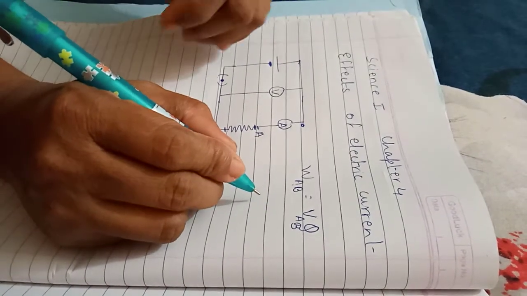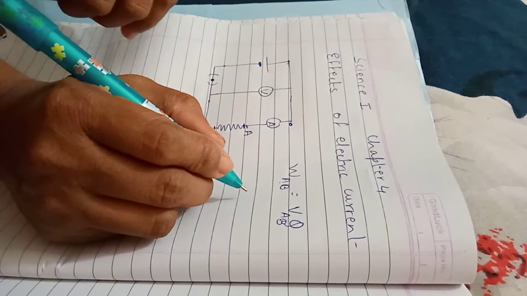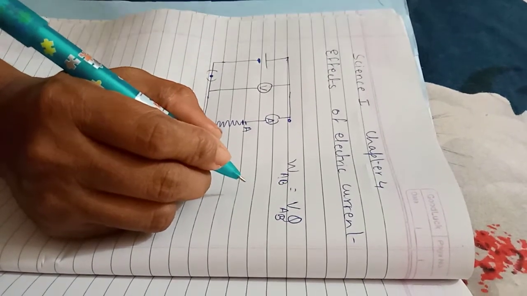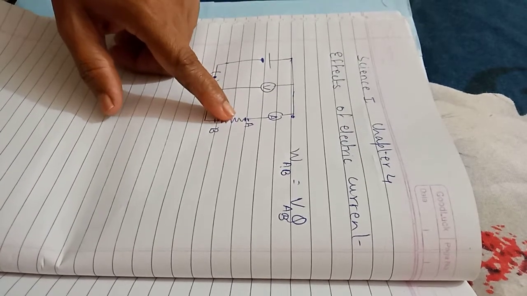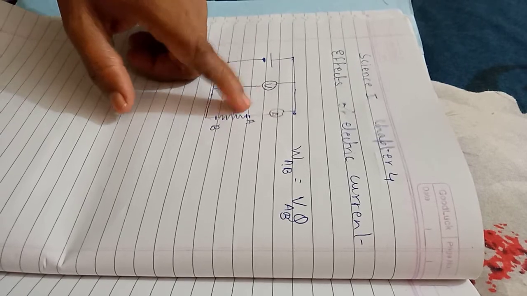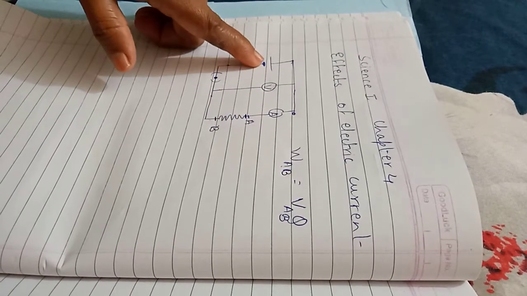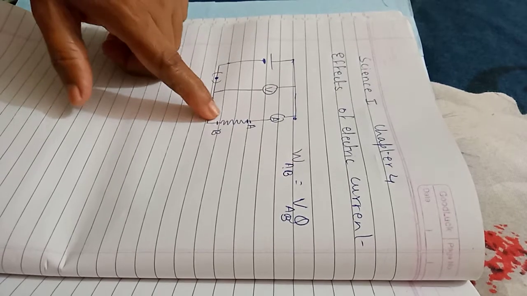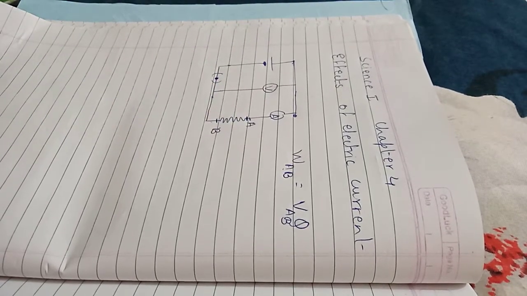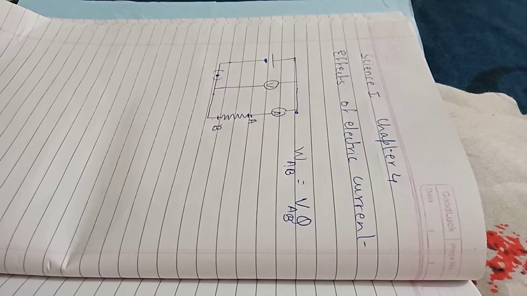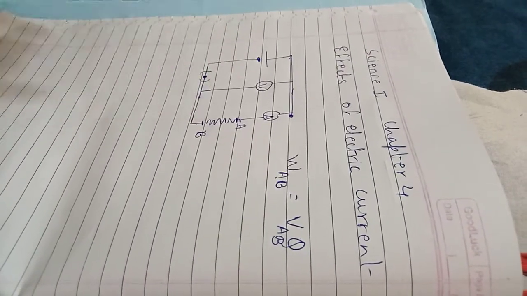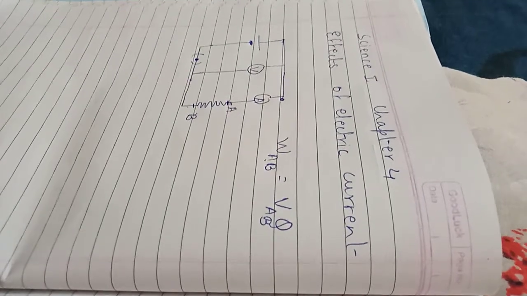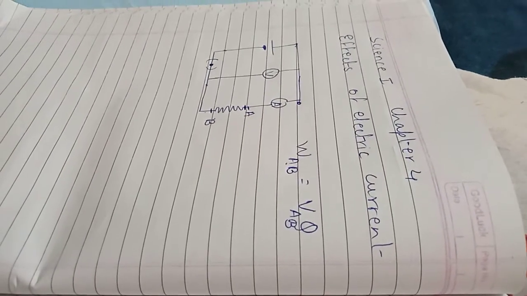Now the question comes, how does the charge perform work? From where does it get that necessary energy to perform work? The necessary energy for the charge to move from A to B is provided by the cell, because AB is a resistor. It's a speed breaker which does not allow the charge to flow easily. Therefore, for the charge to flow across AB, work needs to be done, and to do that work, the cell supplies energy, because the cell itself is a source of energy.